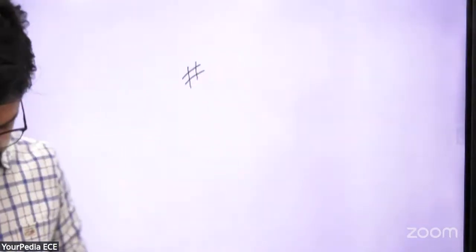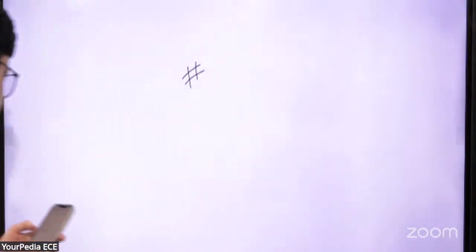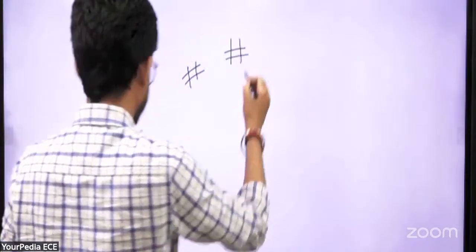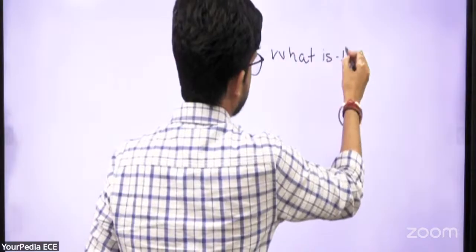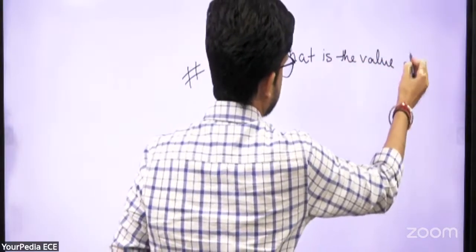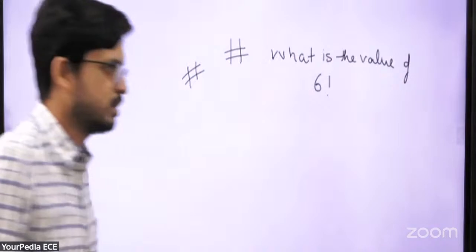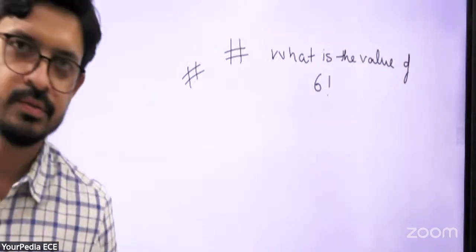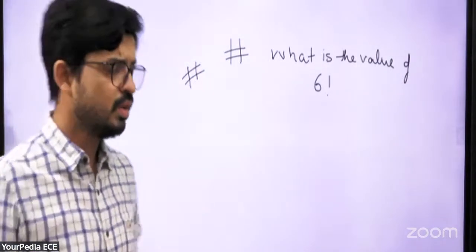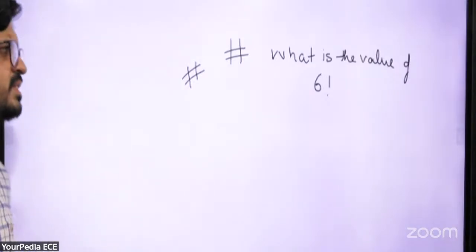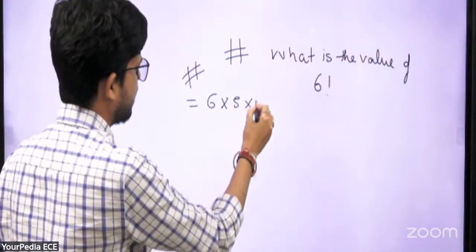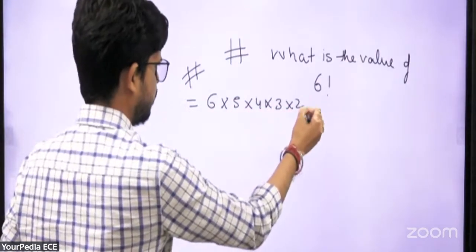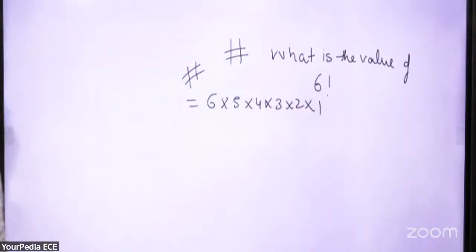So okay, we will start. So जो क्वेश्चन आया बहुत ही इजी है. You can see the first question we received, that is what is the value of 6 factorial. देखिए how simple is this question, very simple. Now what you have to do, basically, what is the meaning of factorial? You have to just multiply 6 into 5 into 4 into 3. That is the meaning of factorial.